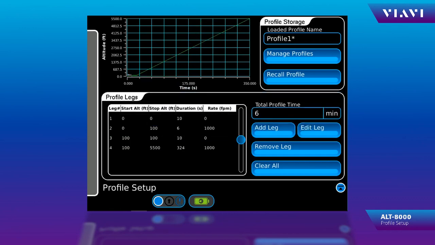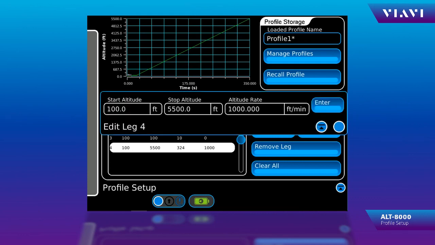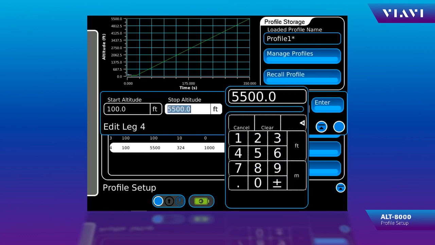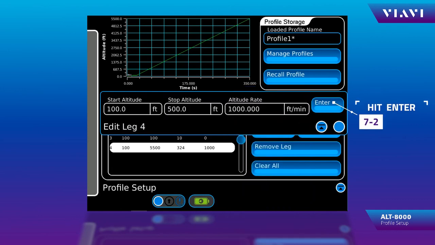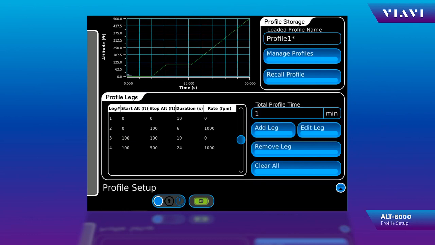I accidentally entered 5,500 feet for this leg. In order to fix that, highlight the leg, click the edit leg. I'm going to change that to 500 feet. Press the enter button to save that change.